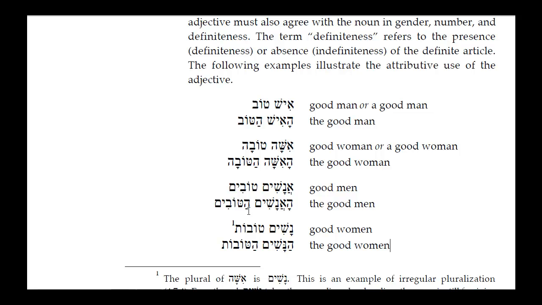In this case, we have also nashim, which is one of those nouns, just like anashim, that are a little erratic in the changing of the noun. It goes from ish to anashim, and isha to nashim. So we have nashim, women, tovot. Of course, in this case, nashim is one of those ones that